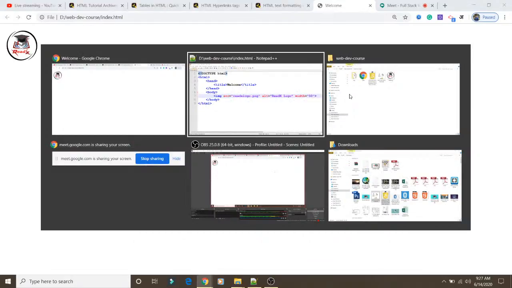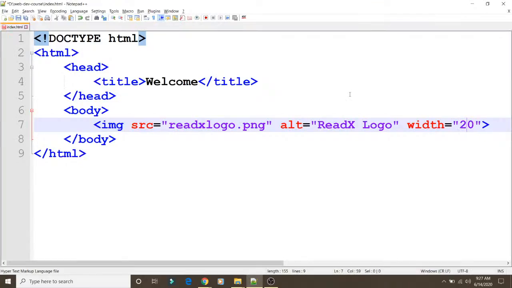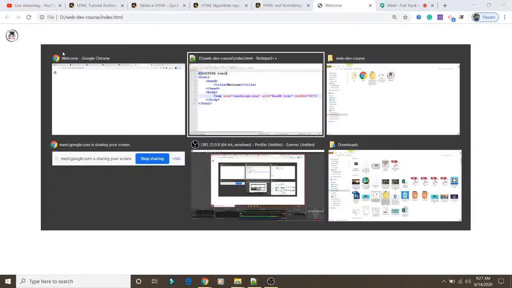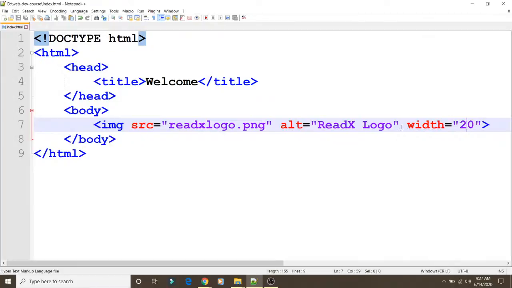Similarly, if I mention 20 pixel, the image size will get reduced, the width is smaller over here. Fine. So in this way you can increase or decrease the width of an image in a particular web page.